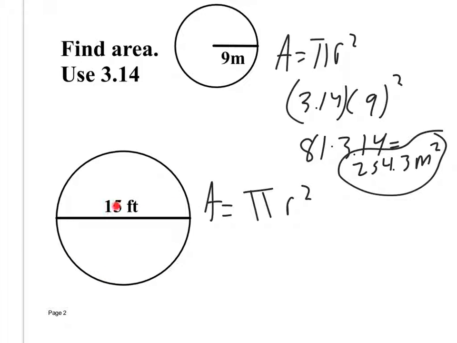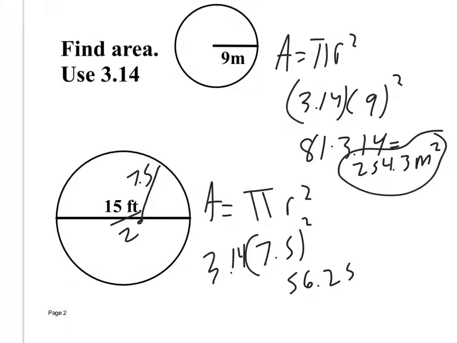So what I have to do is find the radius. How would I find the radius of the circle? Ben? I would take 15, I would divide it by 2. That's going to give me a radius of this circle, which is 7.5. So I take my diameter, I divide by 2, and I can use that number. So 7.5 squared, which I'm going to times by pi. 7.5 times 7.5 gives me